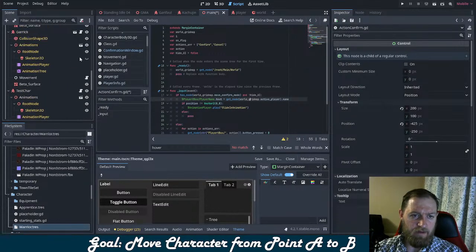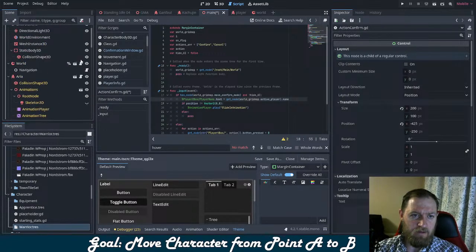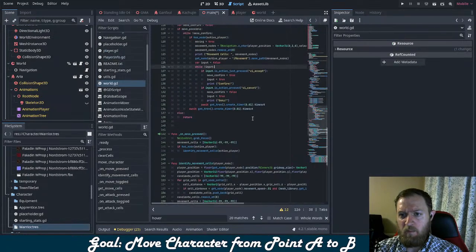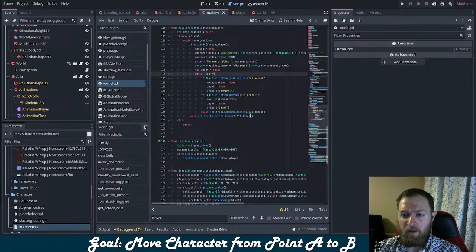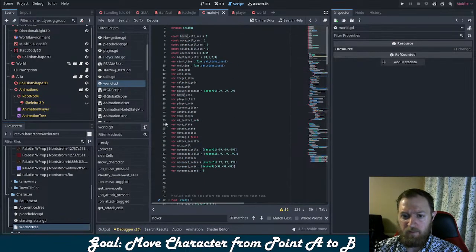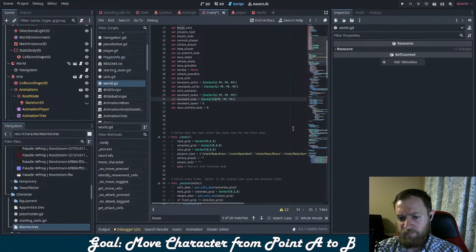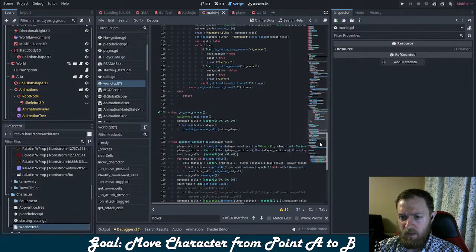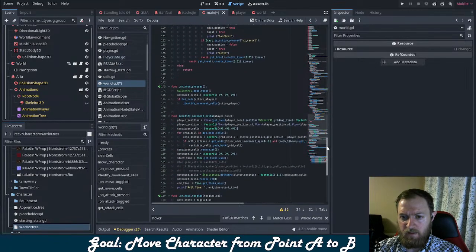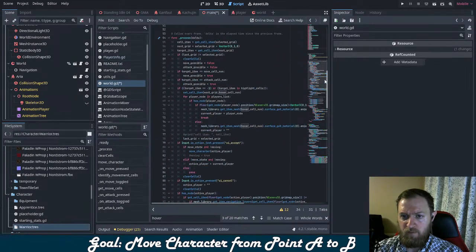And then ultimately here, I need to create a move confirm mode up here. Confirm mode equals 0. And then down here, when I first start moving,